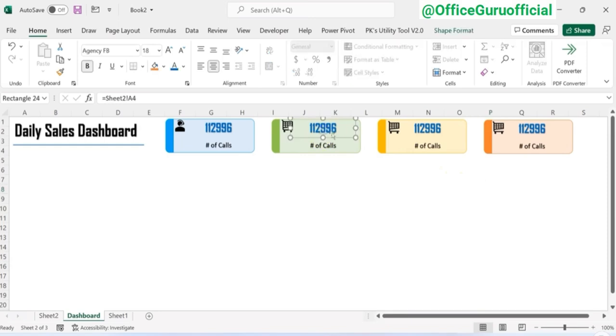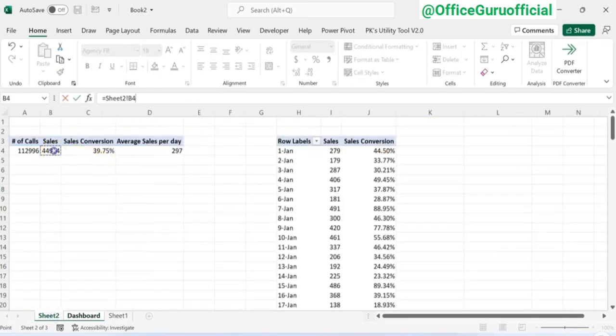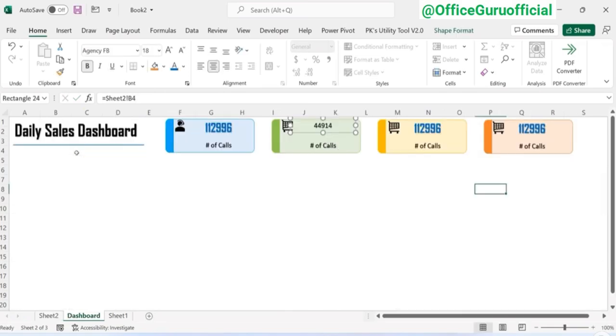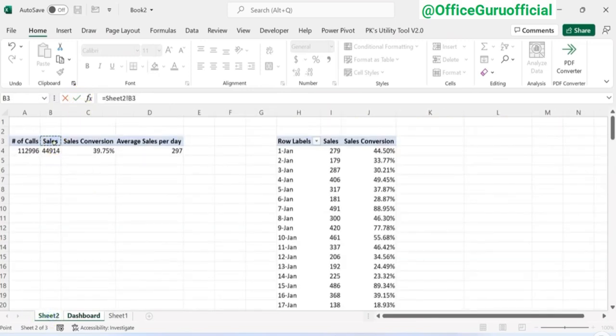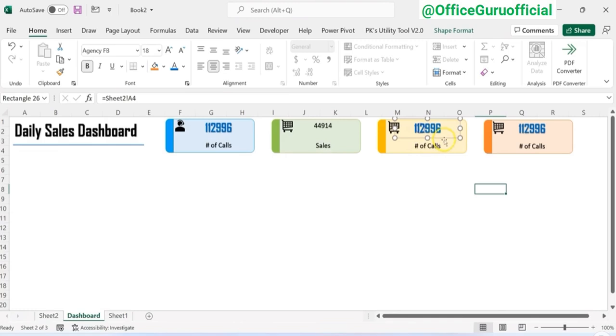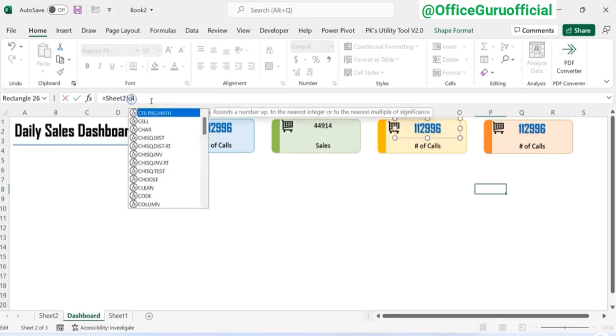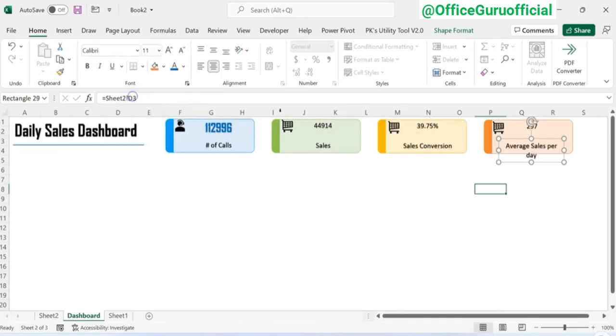Alright. Now select this one and we will connect with another metric which is sale, and just hit enter, and here also we will show the sales. Alright, similarly we will connect this. To change the same format, I will select this one and double click on the format painter, click, click and